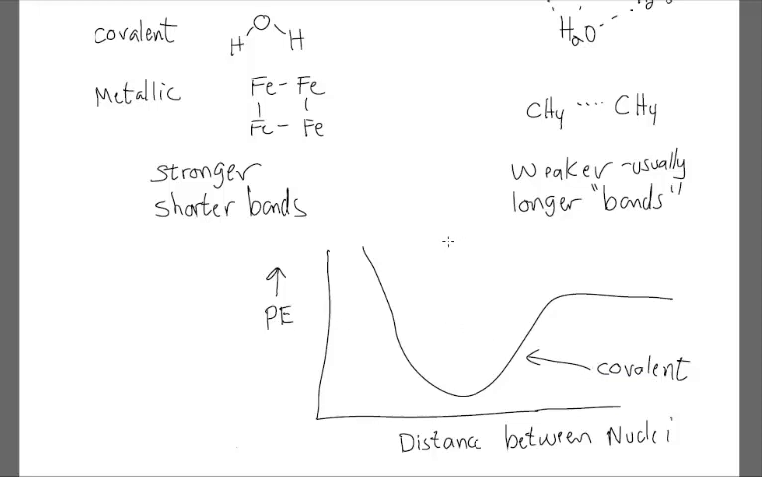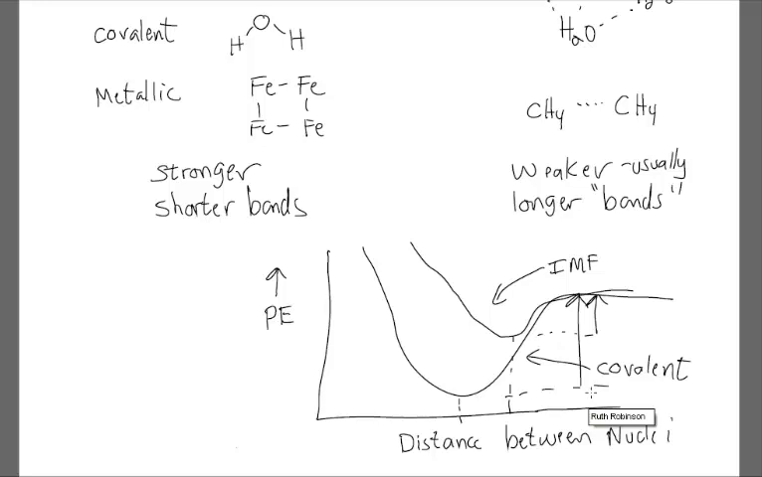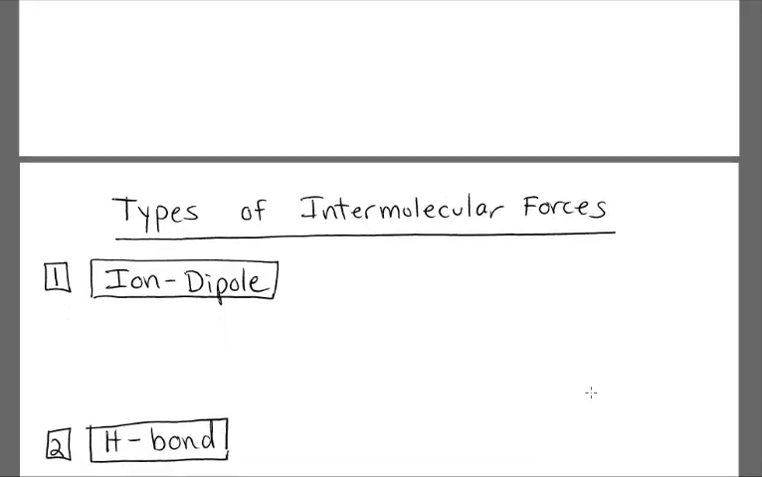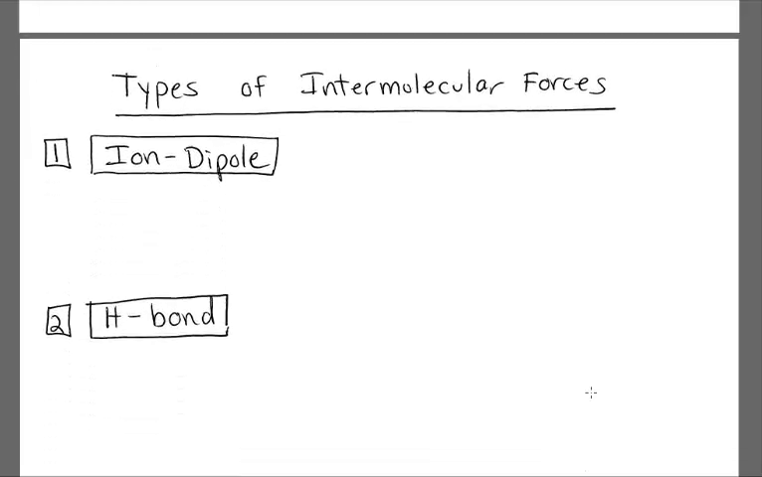All right, in contrast, intermolecular forces tend to be longer and weaker. So the average bond distance is longer, and the distance between the bottom of the well and separated nuclei is smaller. So they're longer bonds and they are weaker bonds. All right, let's look at 4 different types of intermolecular forces, and these are listed generally in order of strongest